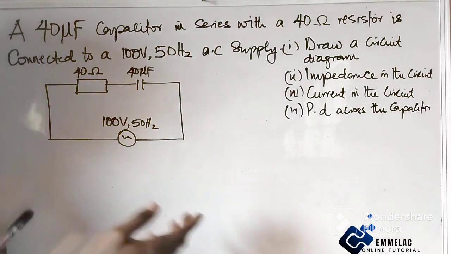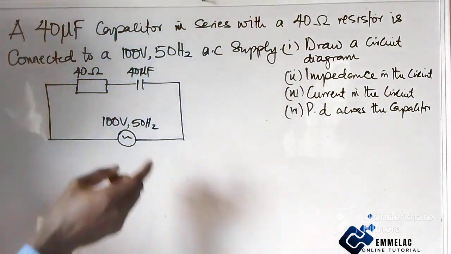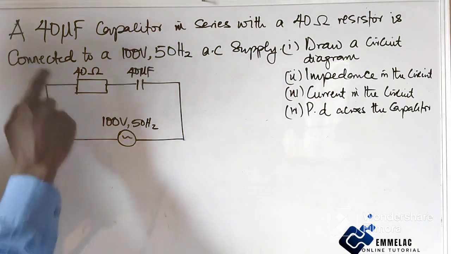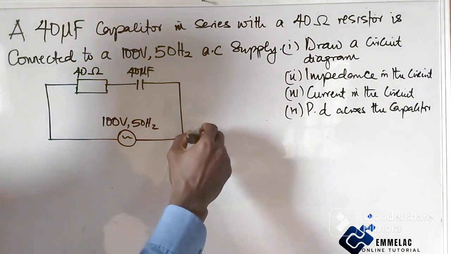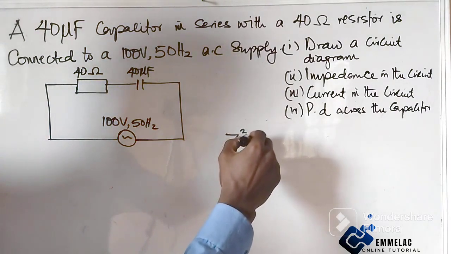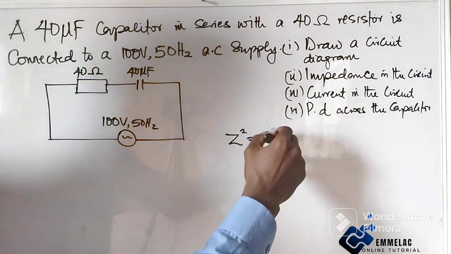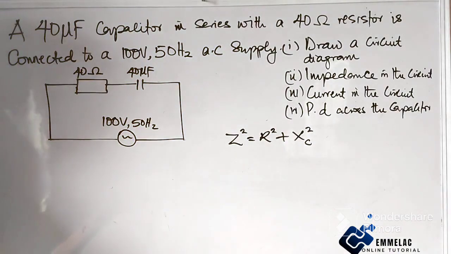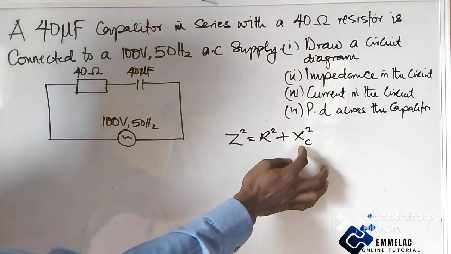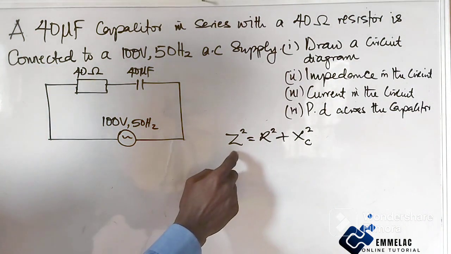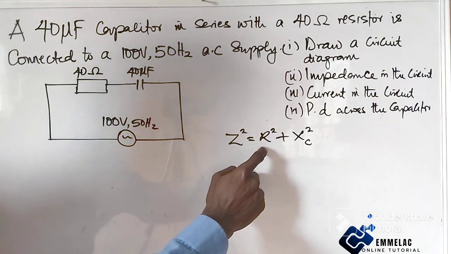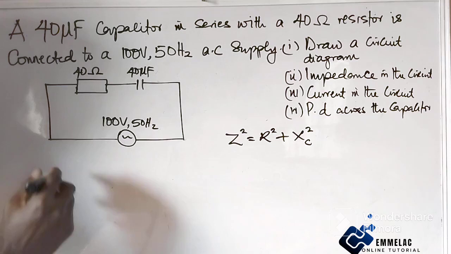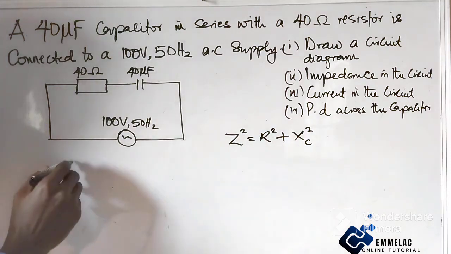All right, so for us now to calculate the impedance, take note, here we are having the capacitor and the reactance. So our impedance now will give us this. Okay, and as such, for us to calculate this, since we are given this, we have to find this. Here is known, which is this, but we don't know this one. All right, so for us to calculate this,